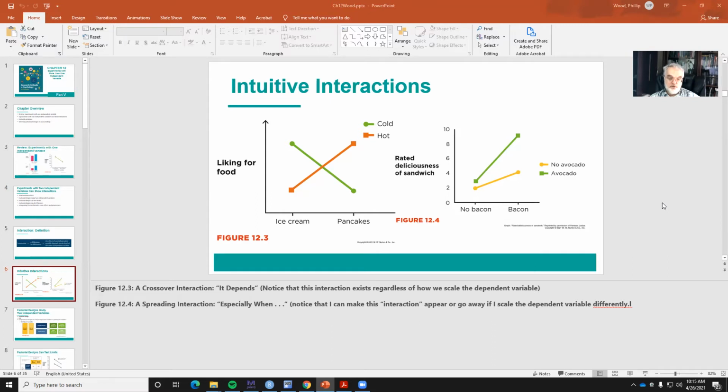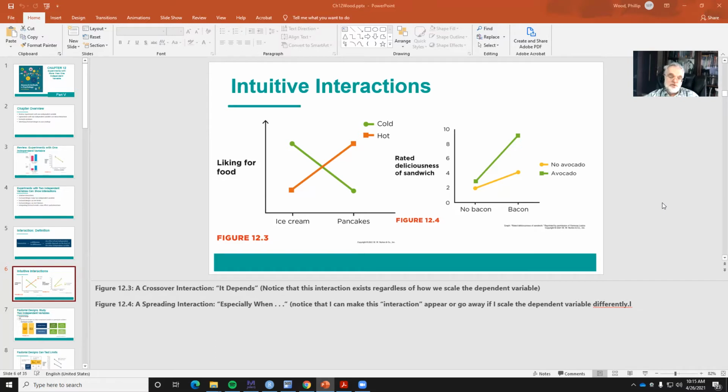And frequently, as a way to fix that, people will transform things. You might hear people say, oh, we did a log transform of the data, or we took the square root of the dependent variable, as a way of keeping the standard deviations kind of the same across the cells of our analysis of variance design. Well, if you have an X interaction, that is a disordinal interaction,